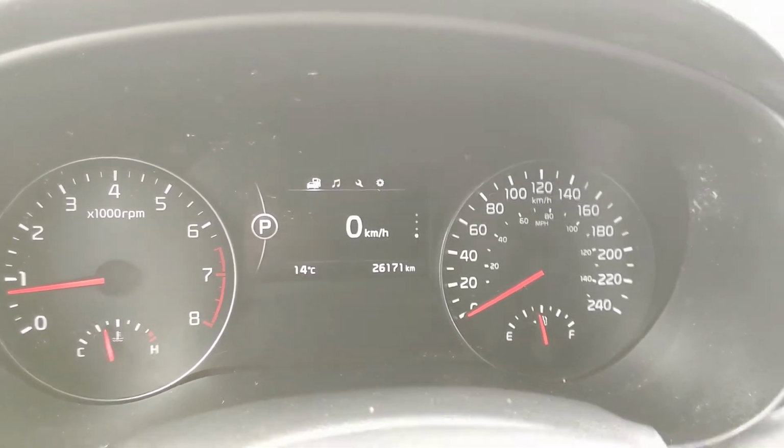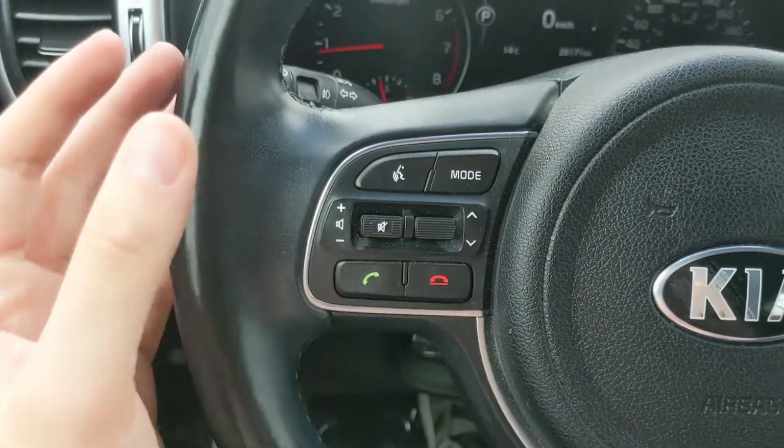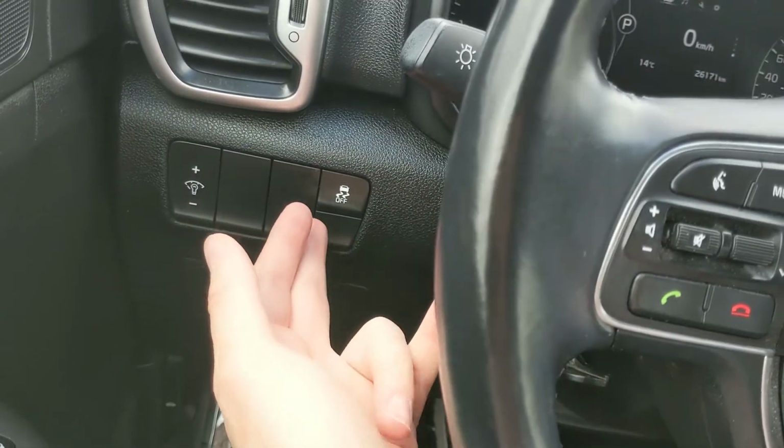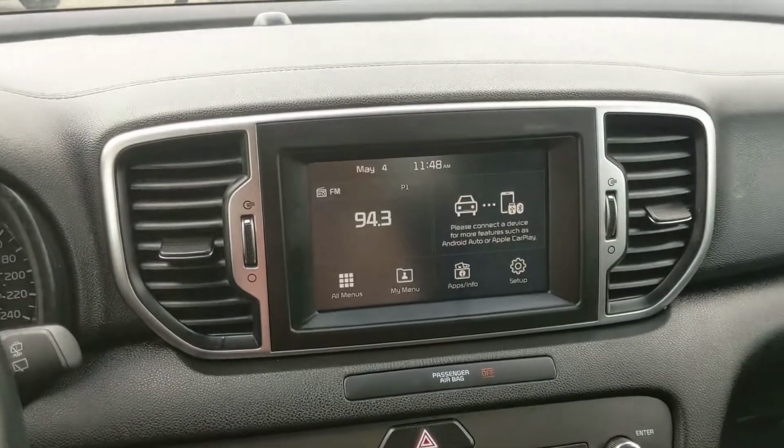But then moving on to the left side, where you have your hands-free phone and radio controls, and then to the left of the steering wheel, here you have your traction control shut-off and your interior lighting dimmer. But then moving on to your center, your infotainment screen, which is,